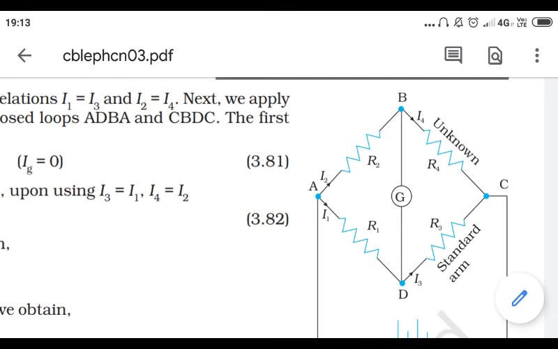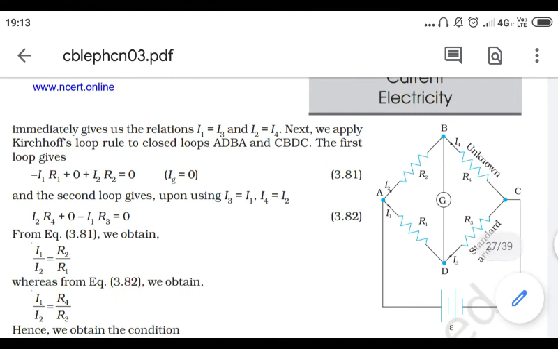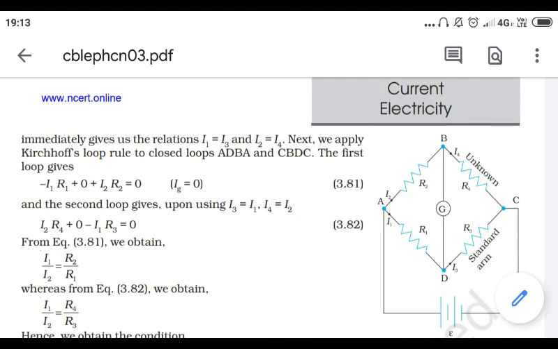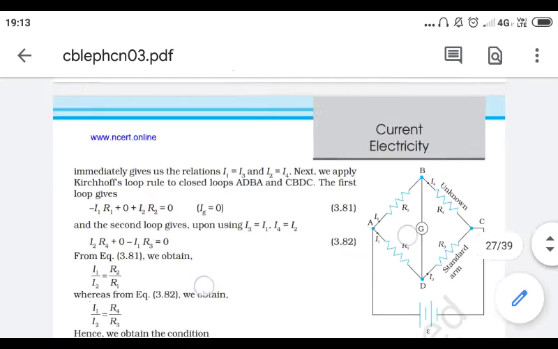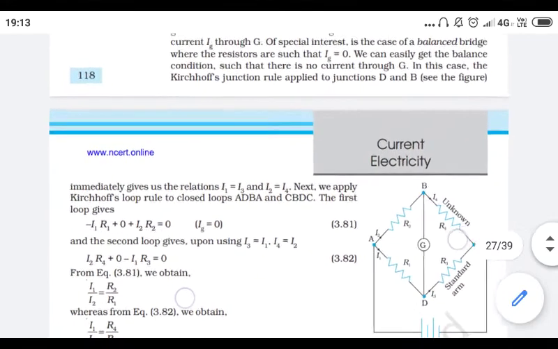We will study about the galvanometer later on. It is a device used to measure the flow of current. Remember, the galvanometer is a device not to measure, but to know the presence of current, to find out whether the current is flowing in the circuit or not. How much current? For that we have a different device.